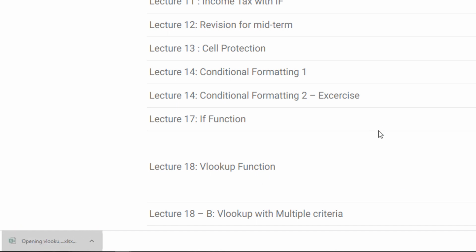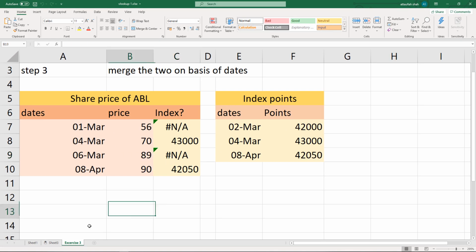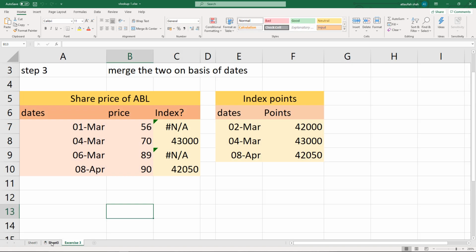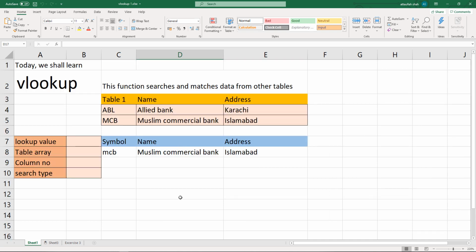Once you download this file, you will see several examples in there. We are going to our first example, where we have a data table that contains only two rows of data, and the column names are the symbol of the company, name of the company, and address of the company.